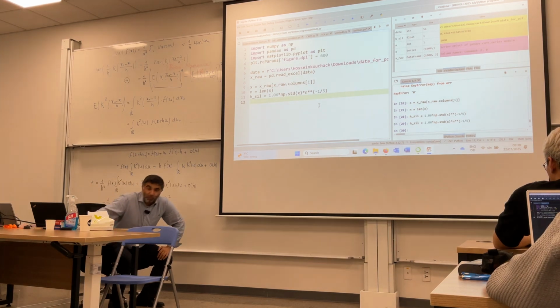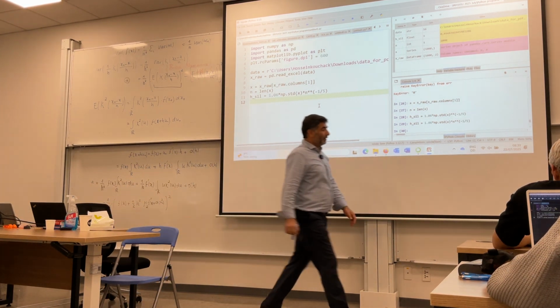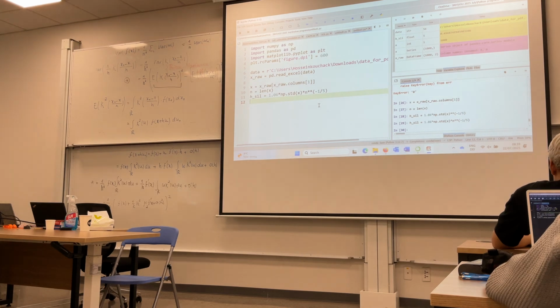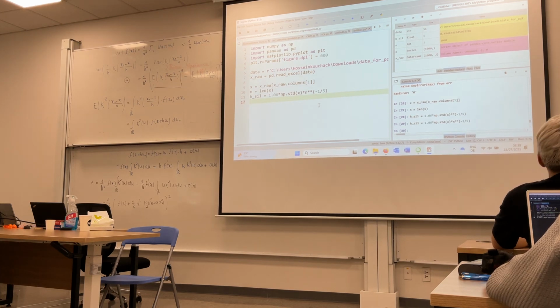Now use the standard deviation from this line. So here Silverman actually has one of the rules, that this is equal to 1.06 plus